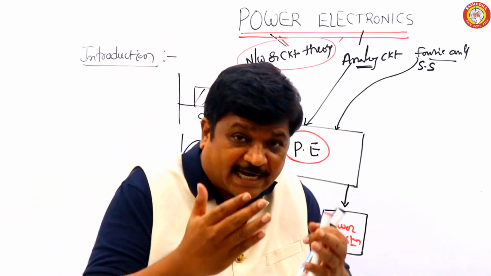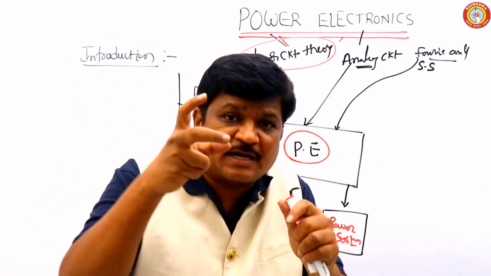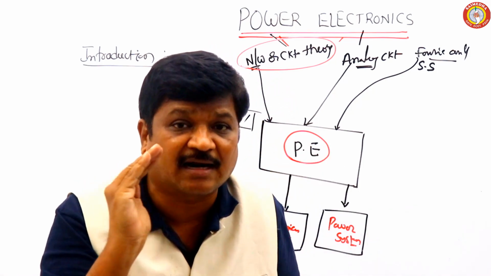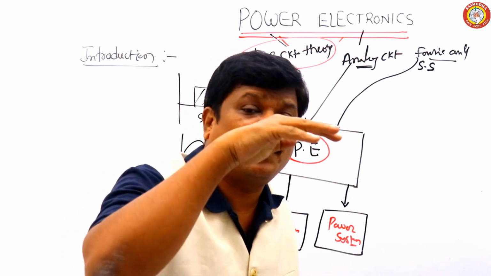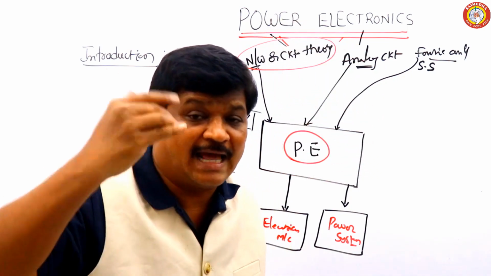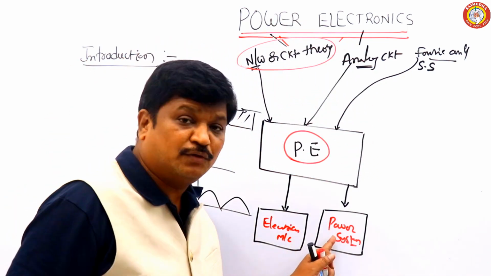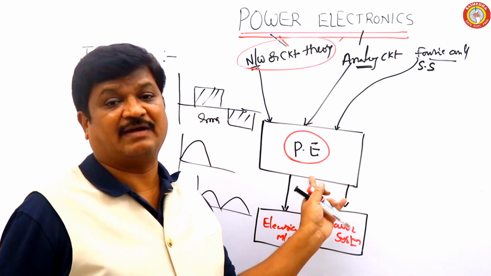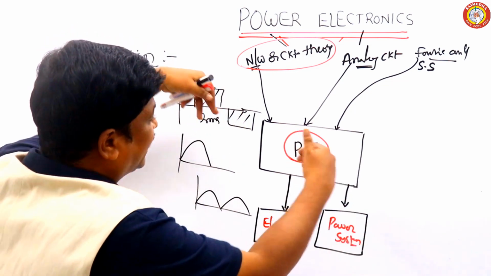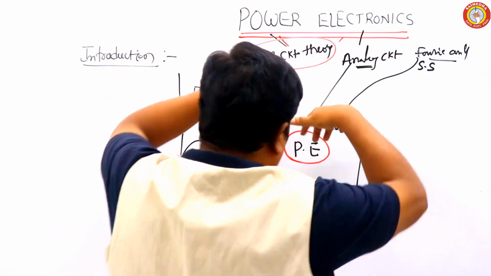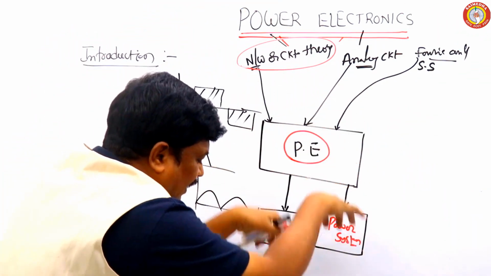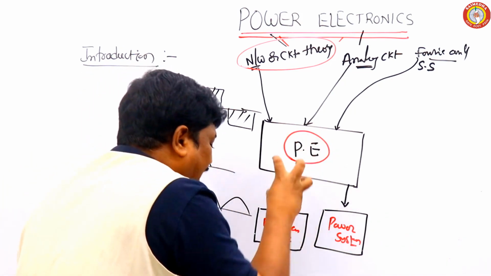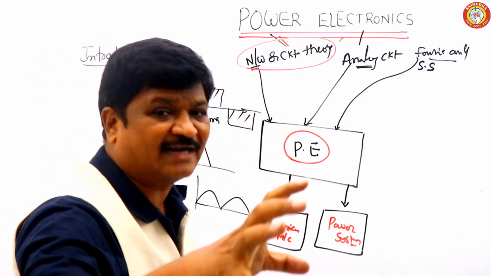You have to improve your reactive power. For reactive power compensation, we have to maintain the voltage profile. Some power electronic devices produce or absorb reactive power, like the static var compensator we are using. Those compensators are made with our power electronic devices. So for this subject, these are the inputs required. Applying power electronics to your system is called electrical drives.